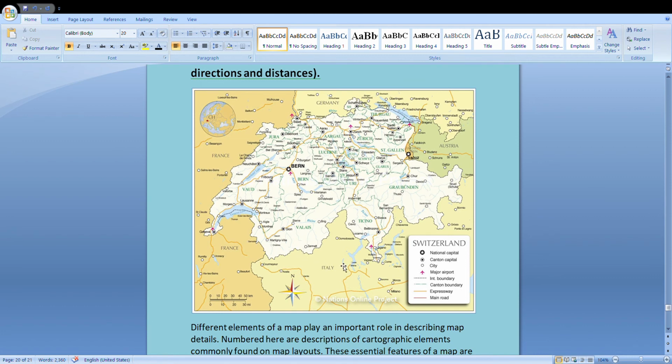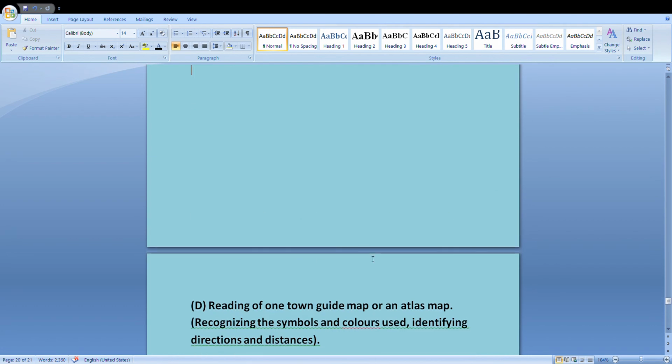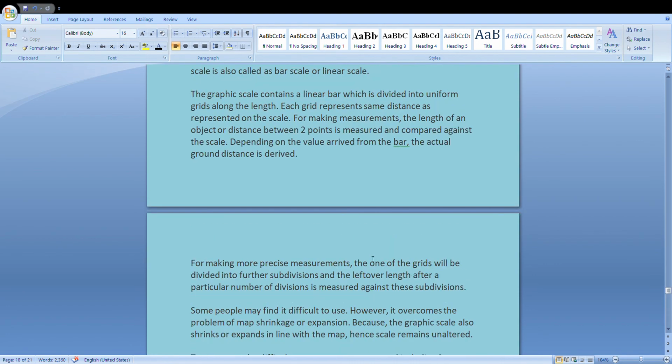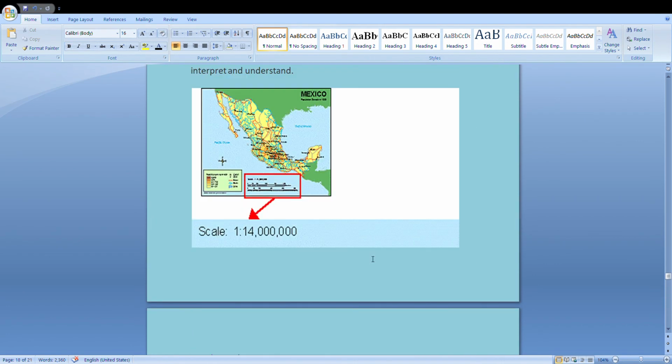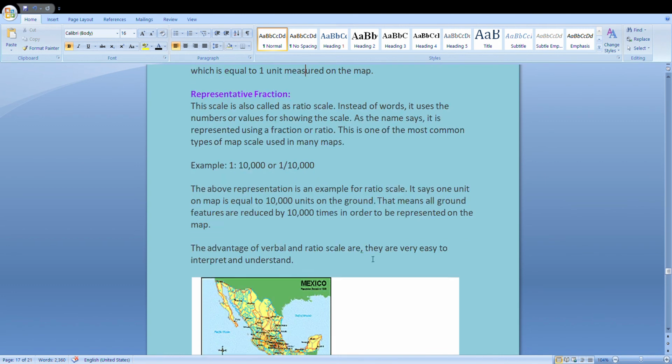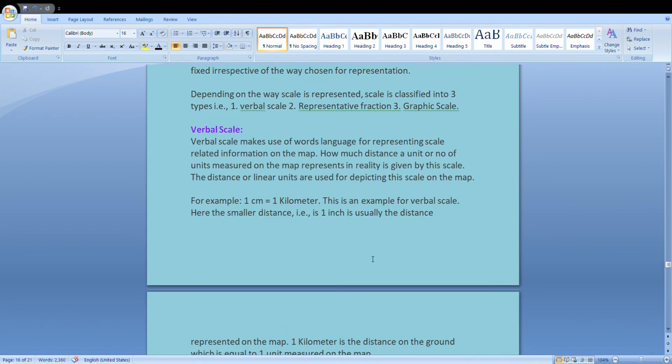Again I'm telling you, if you're using this project to write, you can copy the same material but pick another country. Don't pick this country, pick another country. And in case of scale, you can copy the same material and pick up some more examples from the internet. I'm also pasting two videos along with my videos so that you can understand it more through YouTube.